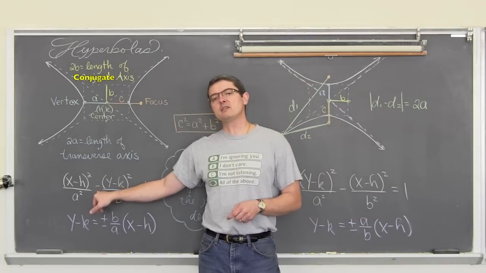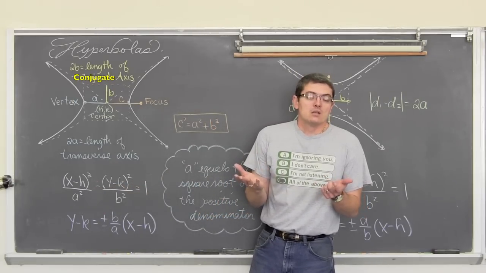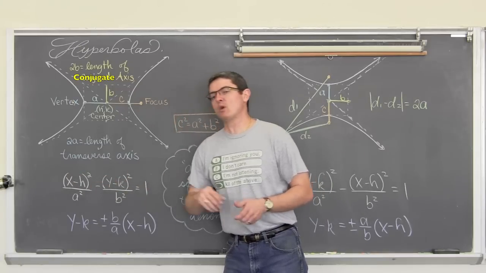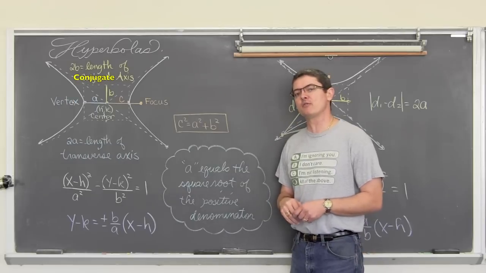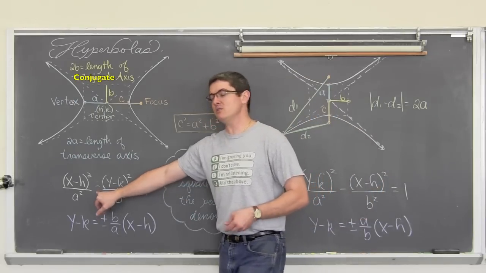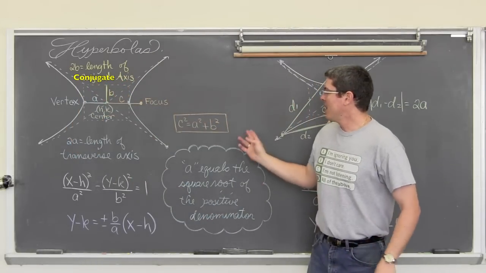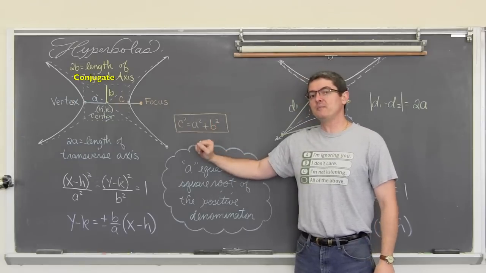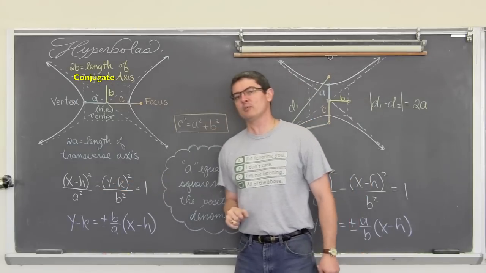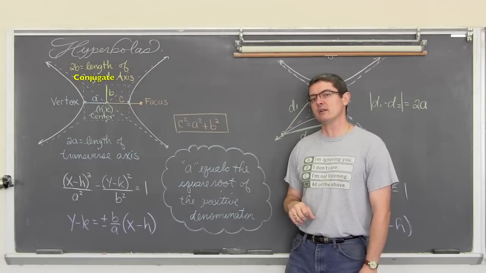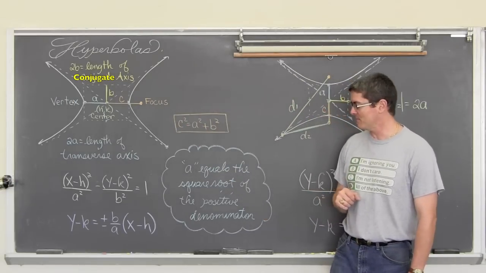This standard form looks just like the standard form of an ellipse, except your middle sign is negative. So if you have one fraction positive and one fraction negative, where they have different signs, you'll orient it so that the positive fraction is first and the negative fraction is second. That little sign change will sort of take the ellipse that we were just looking at and blow it inside out. Your relationship between a, b, and c with an ellipse was c squared equals a squared minus b squared, but this sign change for hyperbolas will also cause a sign change in that equation relating a, b, and c. So it's c squared equals a squared plus b squared.